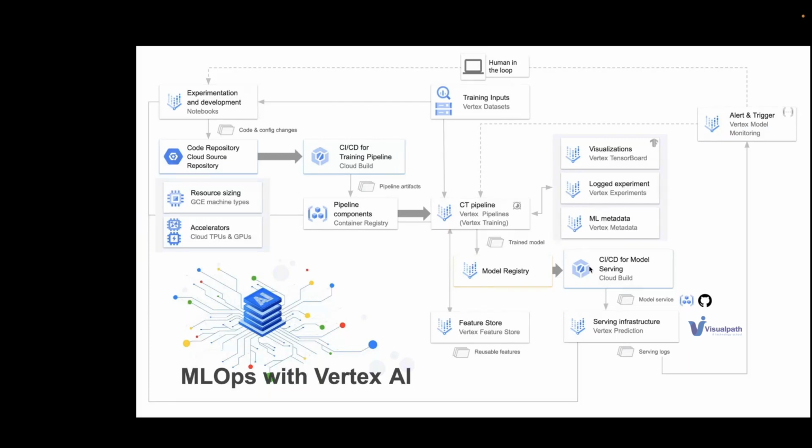In the open source, we have GitHub Actions, which will push this onto our serving infrastructure after checking whether the quality of the model is there or not. And then again, we have Vertex Model Monitoring. Also, you have Cloud Operations Suite, which will help you to alert and trigger. So underlying, Vertex Model Monitoring will use that service. Okay. And then we have a human in the loop and again the circle.